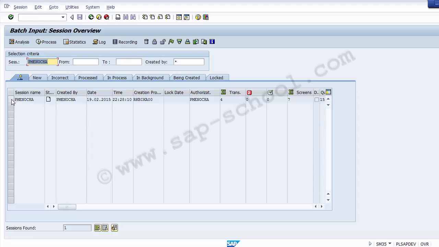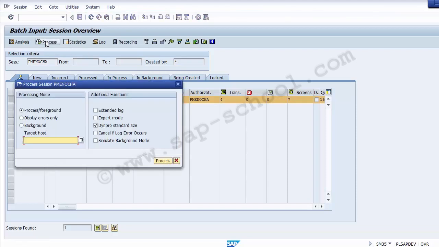So what we need to do is select the batch over here, and then go to process session. Once I click onto the process, it will ask you for foreground, display error only, or background. That is what, for performance reasons, is recommended: that the batch should be processed either in the background or in the display error only